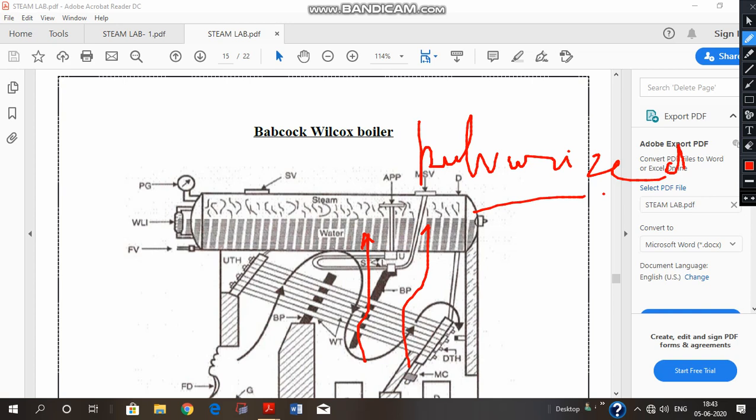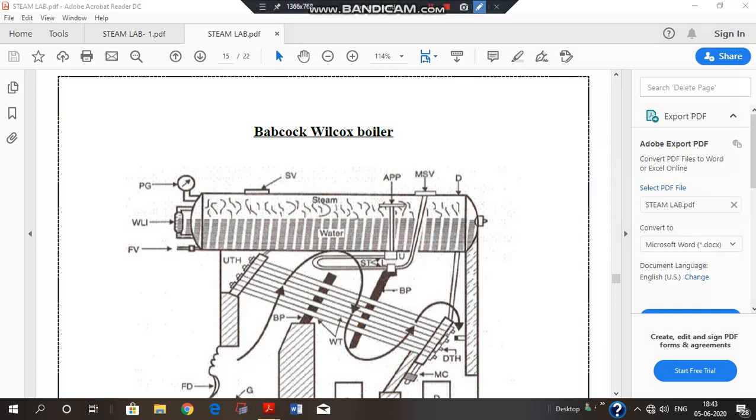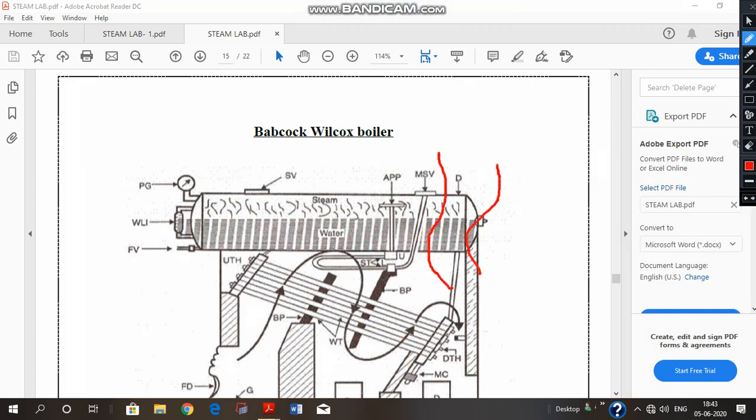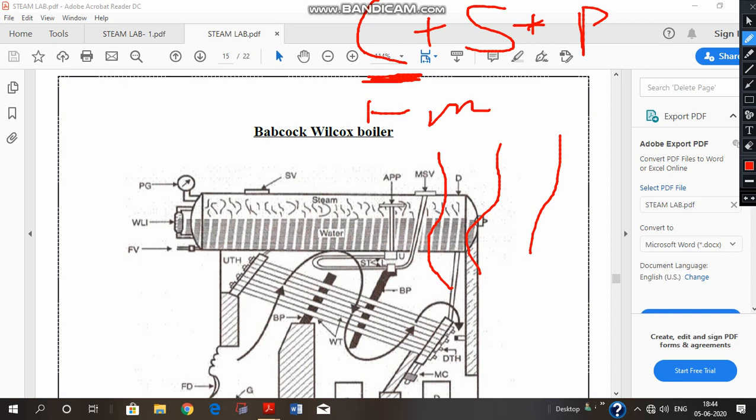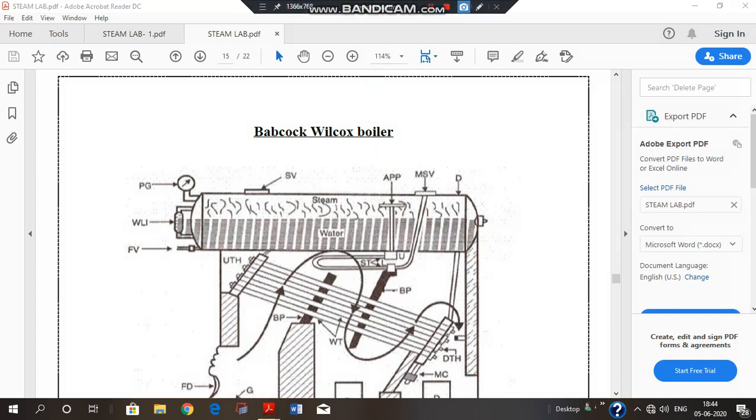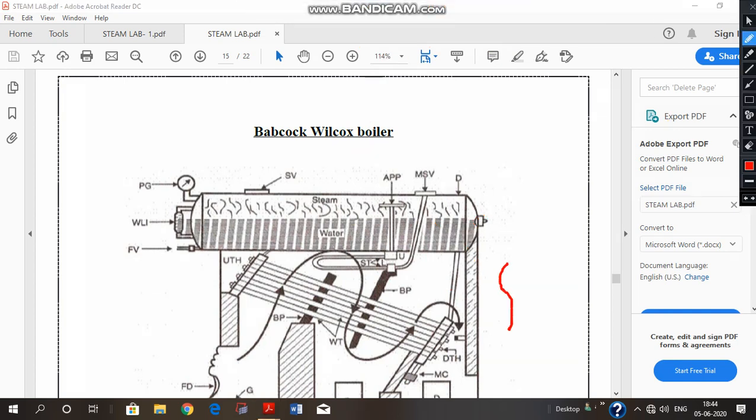Now, if coal is burnt, what is produced? The composition of coal consists of carbon. Coal has a lot of carbon in a given range, depending upon which type of coal it is. Carbon, sulfur, phosphorus, and some moisture also. So depending upon the composition of the coal, when the coal is burnt, the flue gases will be produced.